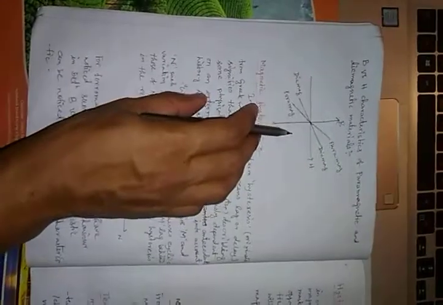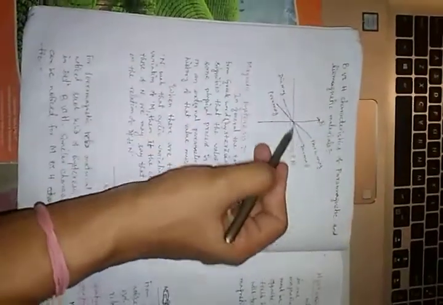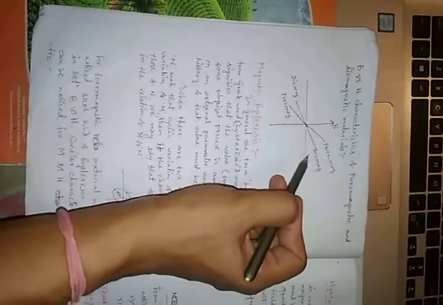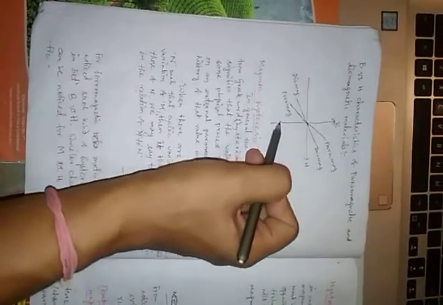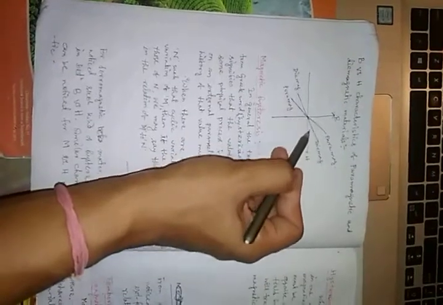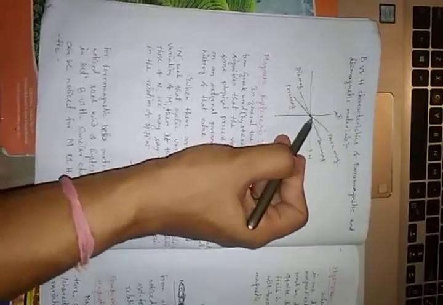So far we have discussed the B versus H curve for a ferromagnetic material. Now we want to focus on the B versus H curve for paramagnetic and diamagnetic materials. We have earlier noticed that the B versus H curve for a diamagnetic material has a lower slope and is inclined